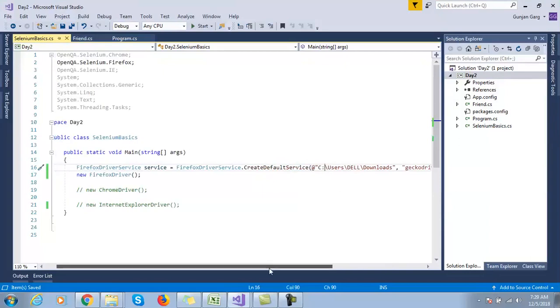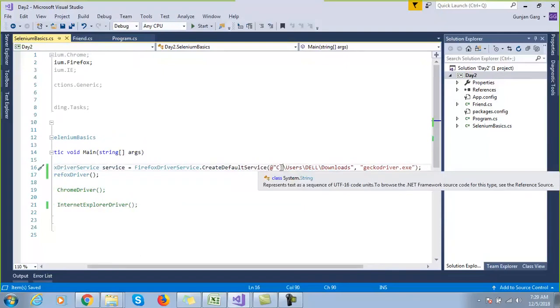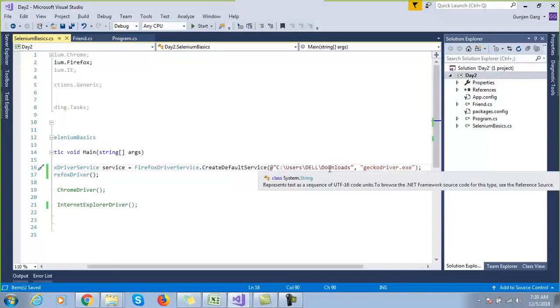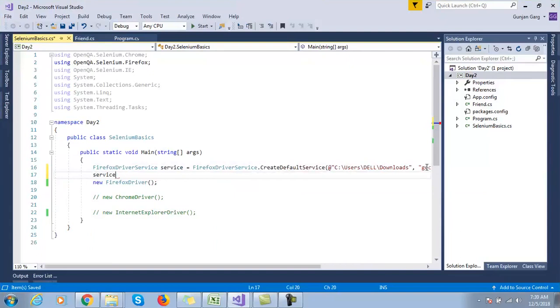So what we need to do is pass the path of the gecko driver.exe. As you all know, we have to give double slashes when we are passing the path, right? So in C#, you can even put the at the rate symbol to avoid writing double slashes in your complete path. So I put the at the rate symbol followed by the name of the exe file, and then service dot,